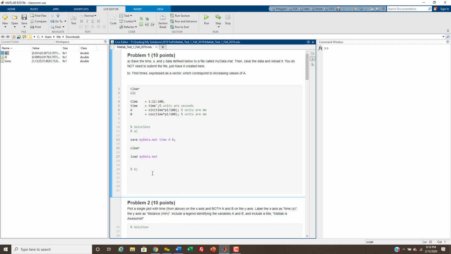Okay. Find the times expressed as a vector, which corresponds to increasing values of A. So this one here was one of the problems that students struggled with. I think it's not so much what had to be done, it's just trying to interpret what is being asked. So basically what we were asking here is for you to sort the data